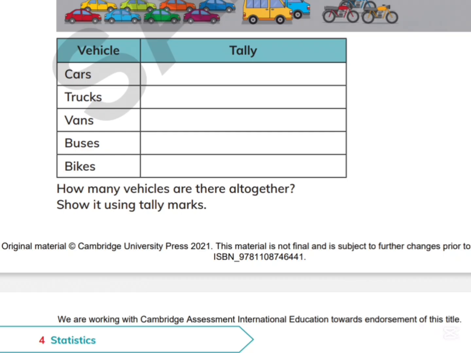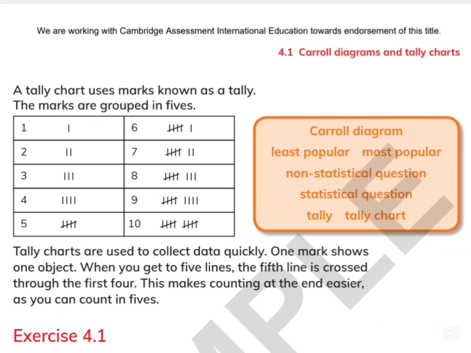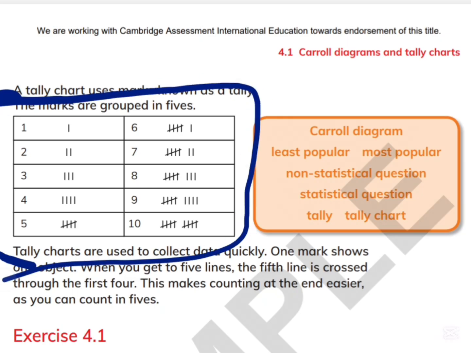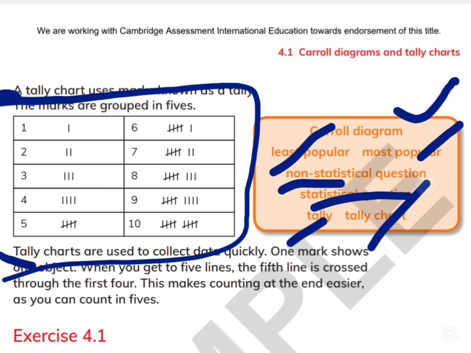Okay, here it is also saying that look, I was telling you this book is very nice. The table I was explaining to you is already here. I was thinking it doesn't have this table, but fortunately it has. Okay, Carroll diagram, what we are going to learn. These are a few hard words here: Carroll diagram, least popular, most popular, non-statistical, statistical, tally and tally chart. All right. Okay, how will we write 1 in tally like this, 2 in tally like this, 3 like this,